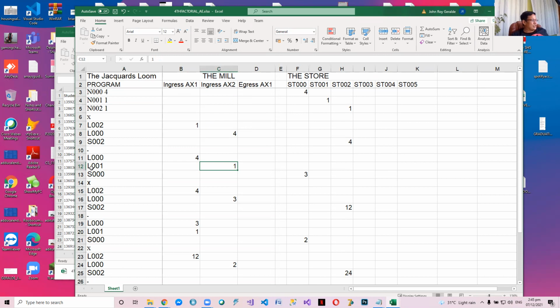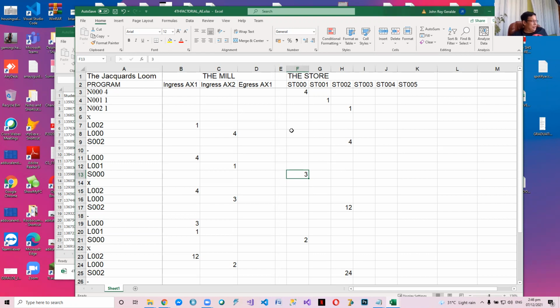And since we subtract, 4 minus 1 is 3. We store it to 0. The value 3 is stored in 0. So it's like a loop which goes from n to 1, or 4 to 1. The first value is 4, the second value is 3. Do you follow, everyone? Yes, sir.